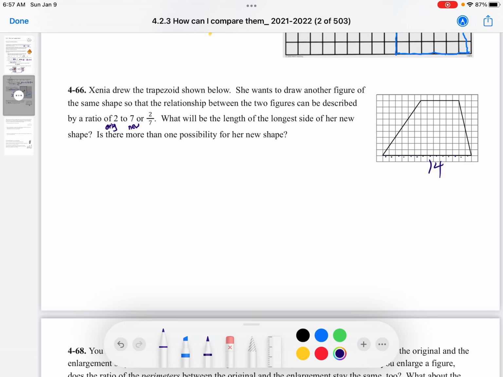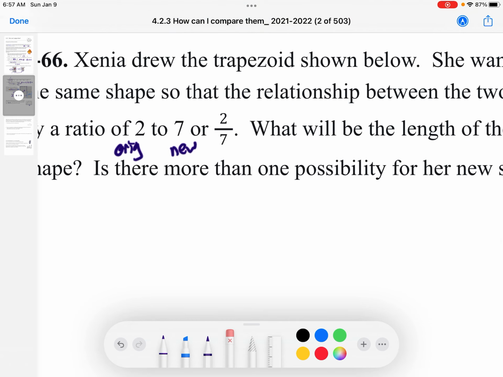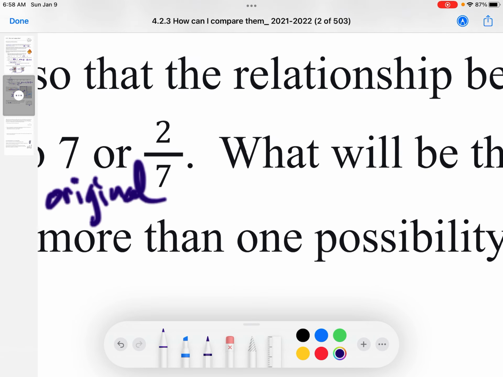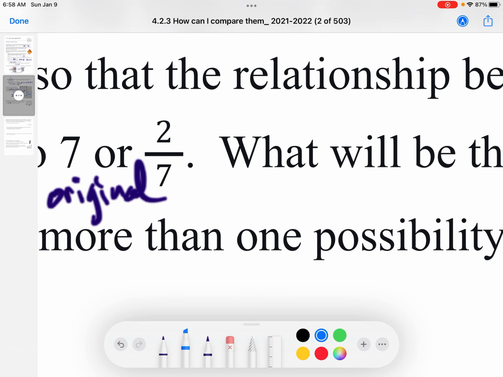So what I'm going to need to do is make that bigger, right? Oh, no, I just drew. I'm sorry, I did make a little mistake in here. My bad. These should be flipped. The new one would be 2, and the original would have been the 7. Sorry about that. I just realized that if we multiplied by 2 7ths, I don't know what I was thinking there for a moment, but if we multiply by 2 7ths, we would expect 2 7ths to be a